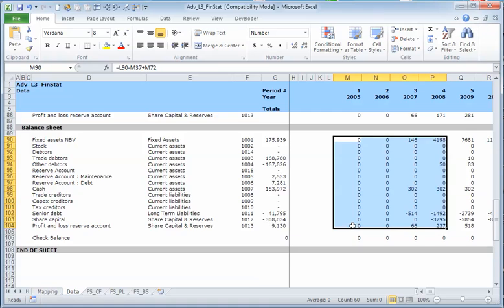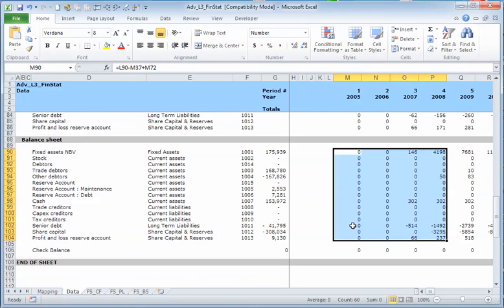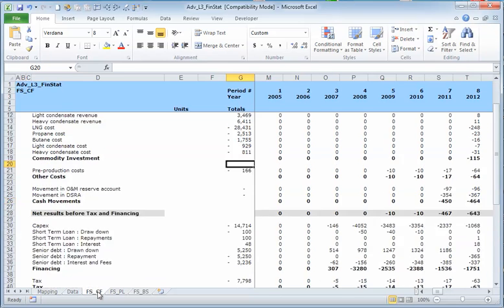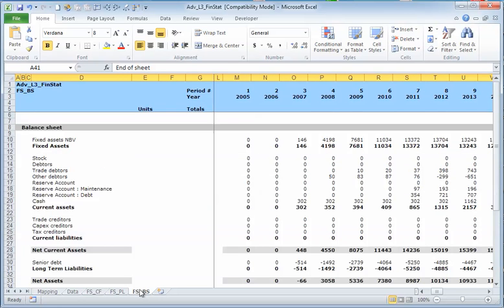So how do I display these? This is all very well and good for calculating your financial statement. And to be fair, it doesn't look terrible, but it might not be something you want to print out. I then have 3 very simple but nicely laid out statements which have a very clear look and feel about them. So there's a cash flow statement, profit and loss statement, balance sheet statement,